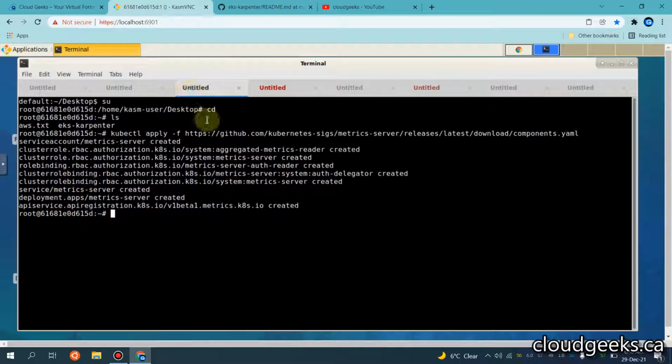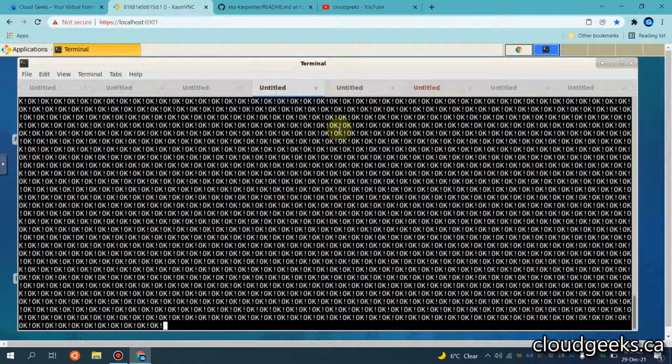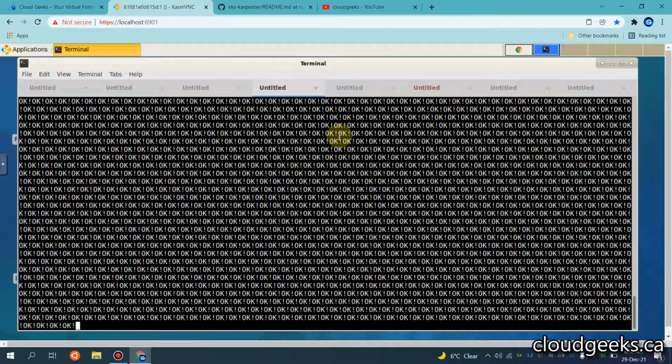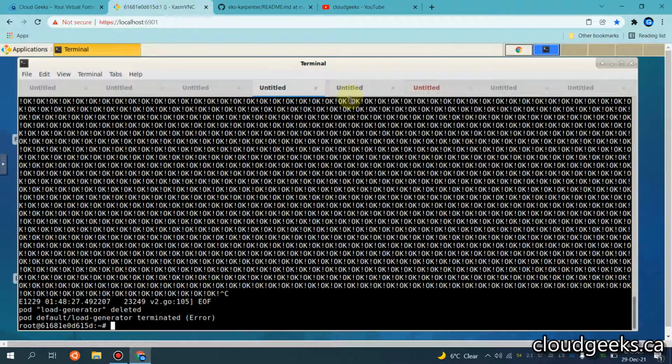So we are continuously stressing our application. Let me show you guys. You see, it is stressing out. So let me press Control C here. Load generator terminated.